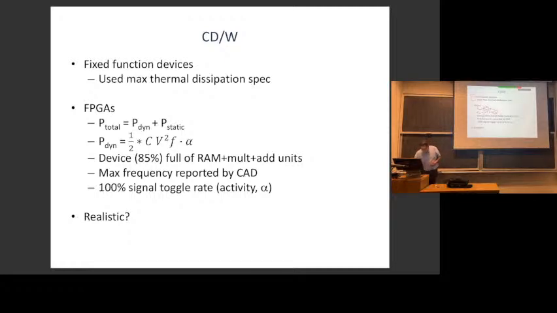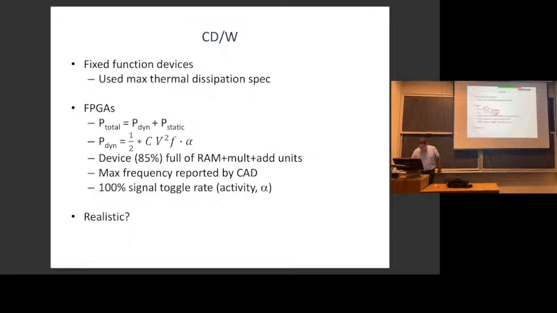This is actually the hardest part to estimate, right? This alpha. And in lab 1, you're getting this toggle rate. The toggle rate is actually the frequency times alpha. And that's reported to you by the simulation you're doing, and you're getting the toggle rate per block. So that's the most accurate way to get it, because people usually don't know how often their logic